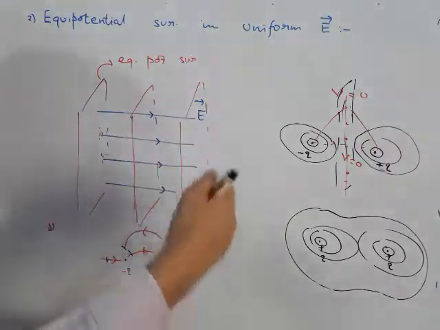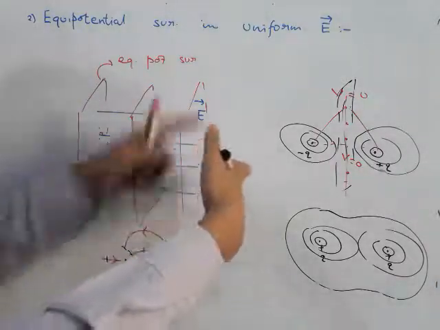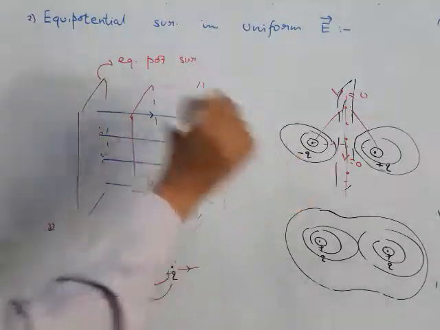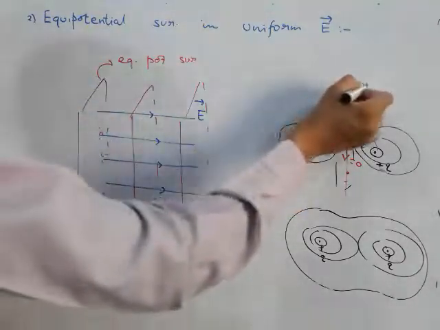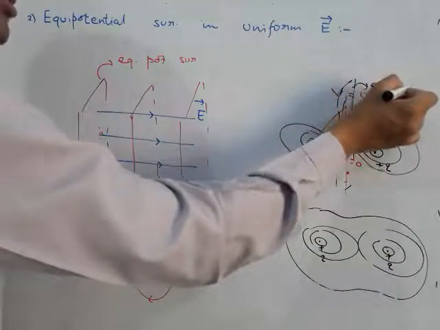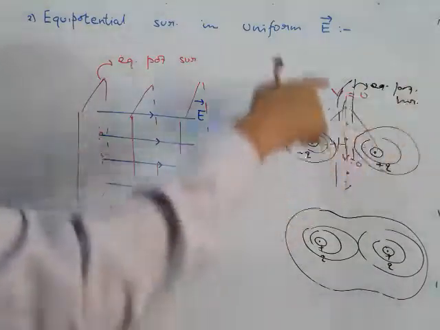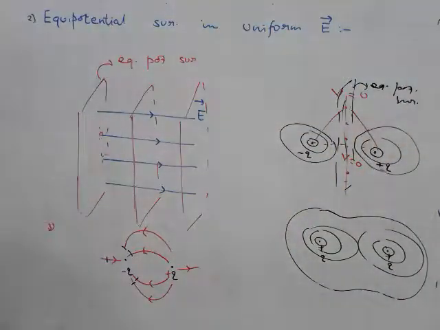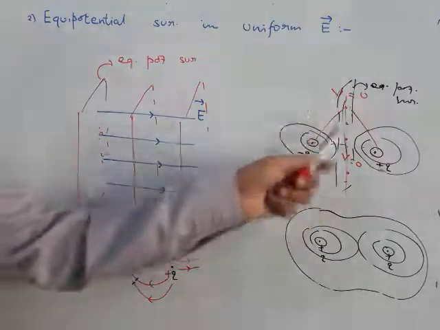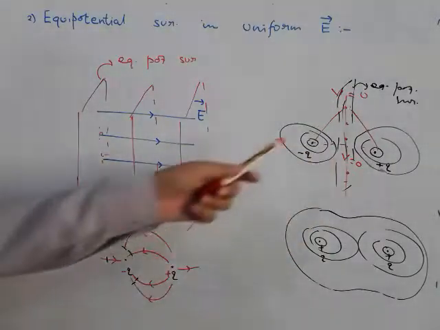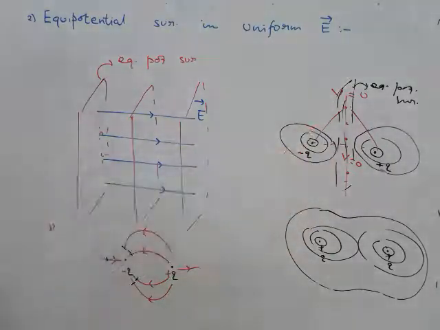On that plane, if you choose any point here, here, here, here, anywhere, the potential will be 0. So this is also an equipotential surface. This is the only equipotential surface due to a dipole which has shape in the form of plane. Other shapes are not plane, they are curved surfaces. So this is about equipotential surfaces, students.